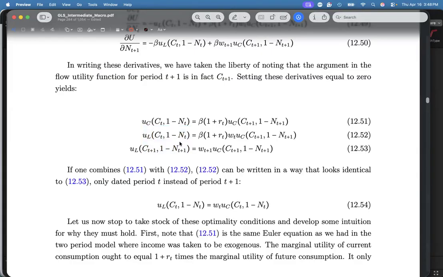Correct. So essentially, this is the cost of working. And the cost of working is the fact that you won't have leisure. That's why this is the cost on the left-hand side. So hopefully people got that. If you decide to work one more unit or 1% higher or something like that, your marginal utility from leisure will fall. And that is this term, the first term on the left-hand side.